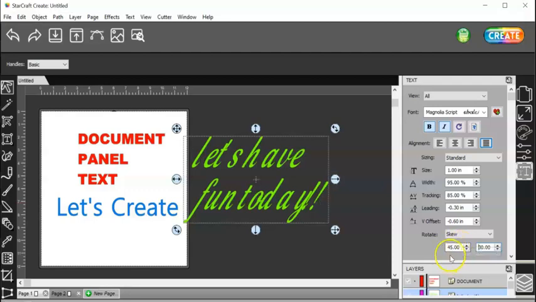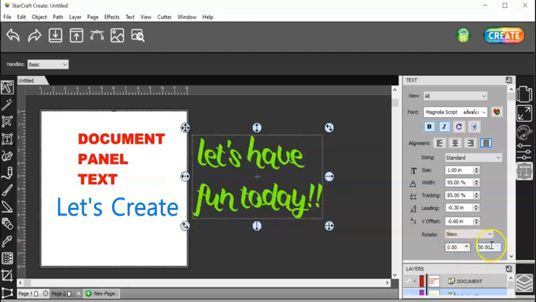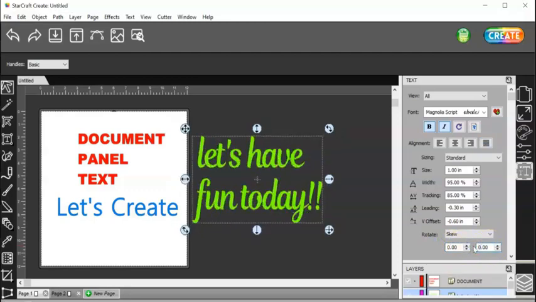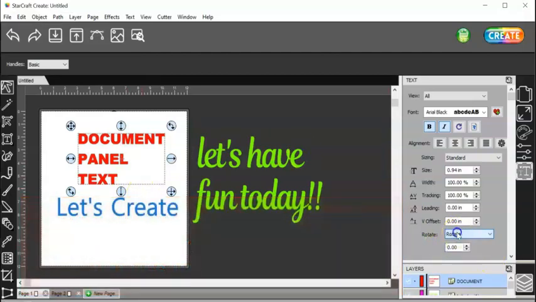I will tell you that when you're done, you need to change this back to 0. Enter, 0, enter. Because if you don't, the next time you go to a text, it's going to change it to whatever you have set for rotate and skew. Okay,